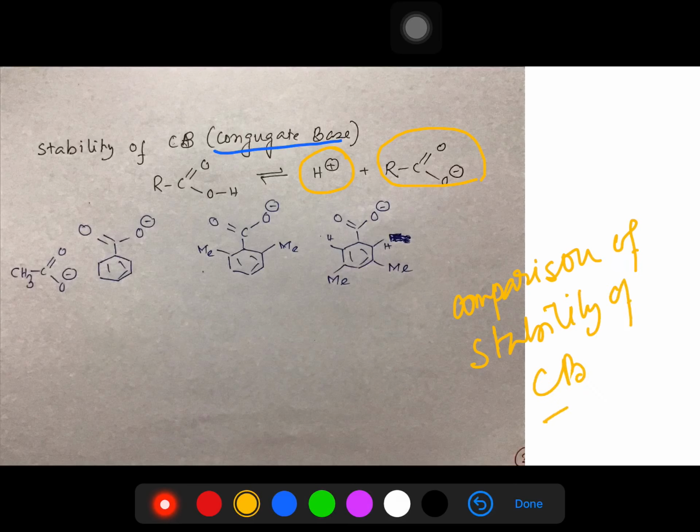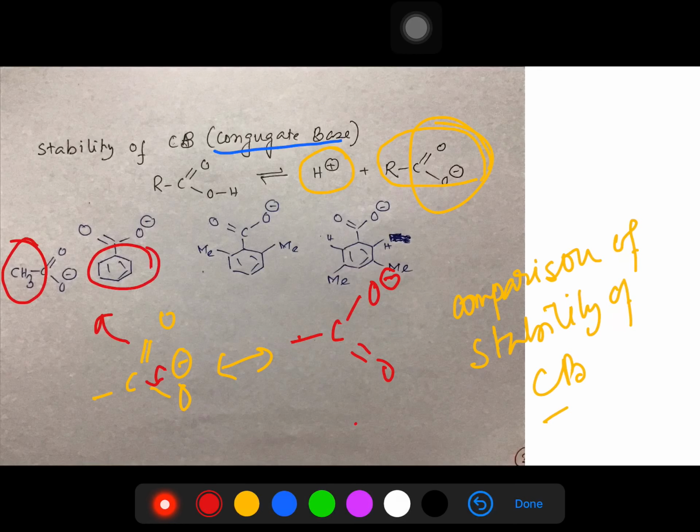Okay. So now see, all are actually, better to say, all are acetate anion. So stabilization of acetate because of this resonance, it will push and it will come. So this is same in every case. So now our main focus is this methyl group, benzene, this actually 2,6 dimethyl and 3,5 dimethyl. Okay. So let's go to that part.